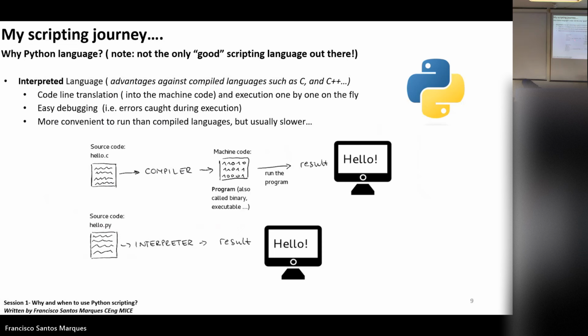The way it works is you write your code, you have to compile it into machine code, so the machine can understand what needs to be done and run the program, okay? You compile this into a program and then the machine runs the code at once, okay?